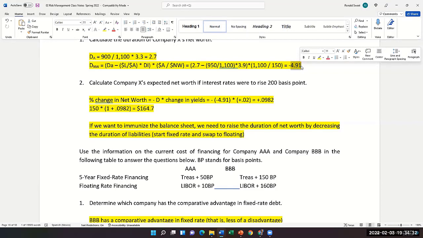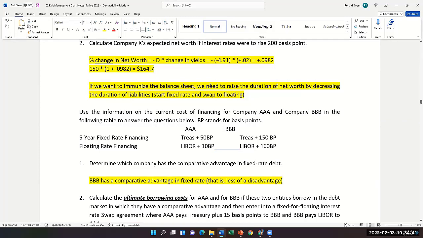But let's assume they want to immunize. So all immunize means is move the duration of net worth closer to 0. So if they want to do that, what would they want to do? You need to raise the duration of net worth by decreasing the duration of liabilities or increasing the duration of